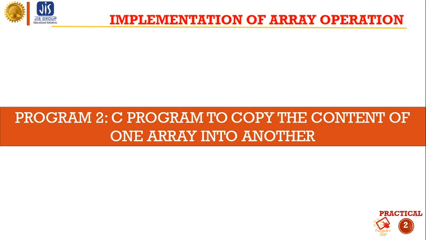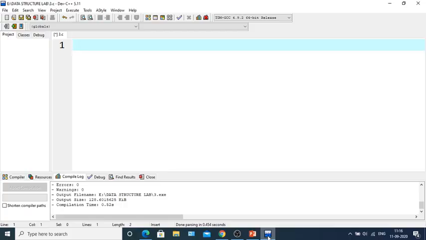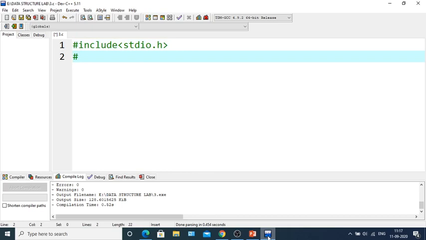So we will use a for loop here. Let's do this program. This is our C editor. So hash include stdio.h. This is the header file stdio.h, standard input output. Next one is hash include